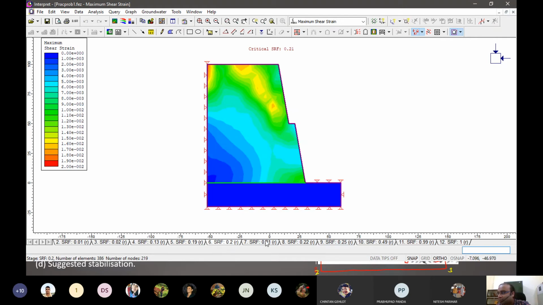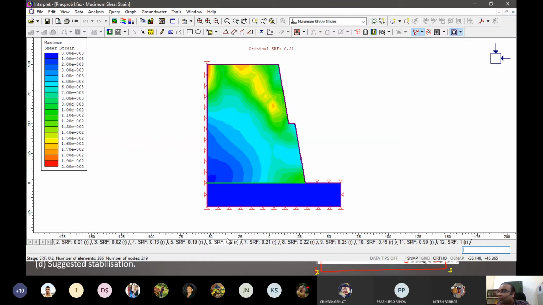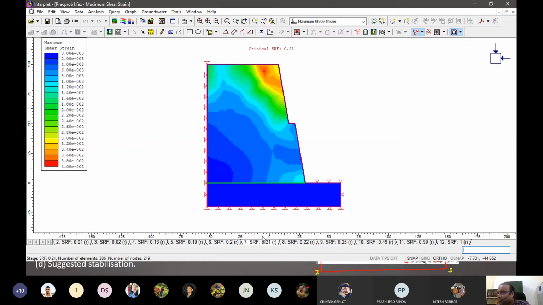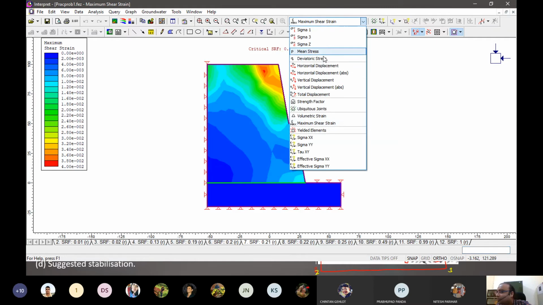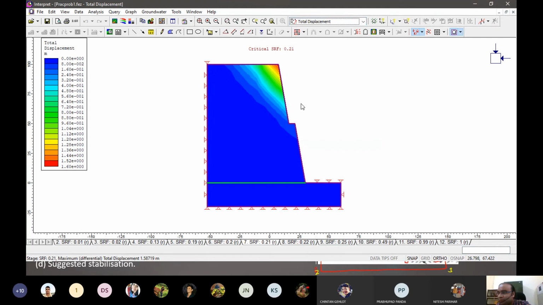We saw the example of a failure in limit equilibrium method where there was a straight line and then a circular failure, but it is showing that there are more possibilities. So let's see those. And the critical is 0.21, so this one is there. And if we extend that, we are seeing right now the maximum strain. So the most critical point of failure will be this with a maximum. Let's see how much deformation is happening, how much total displacement is there. So the top will be basically sheared off.